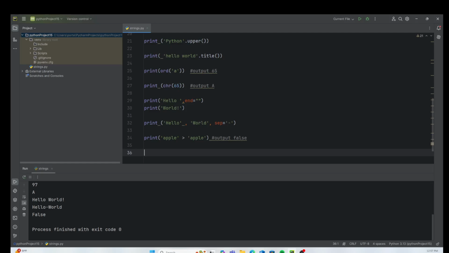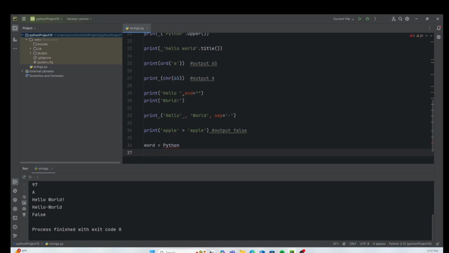Any operation that seems to modify a string actually creates a new string. So let's say, for example, word equals Python, and you want to replace it with a new word. So new underscore word equals